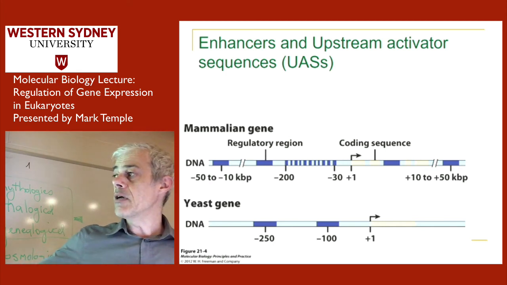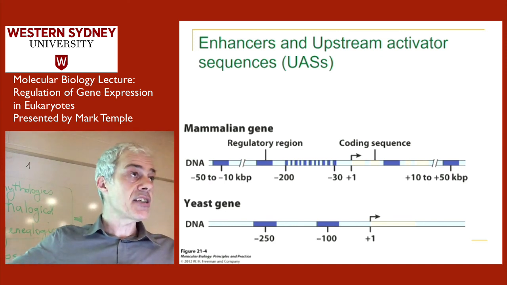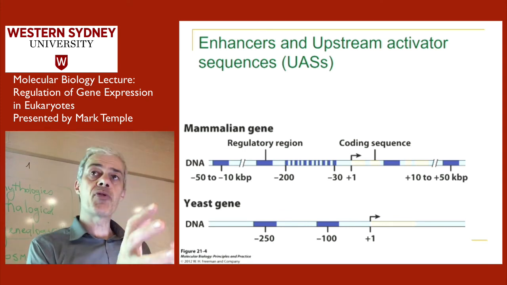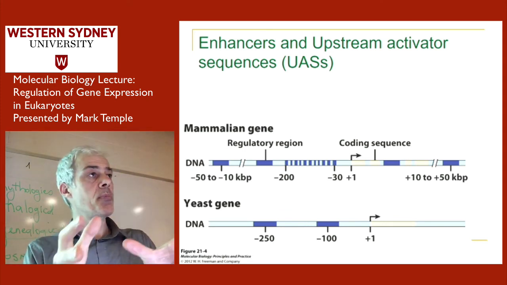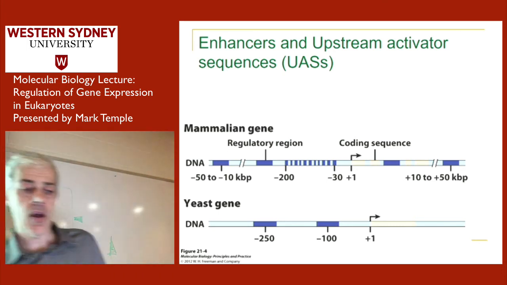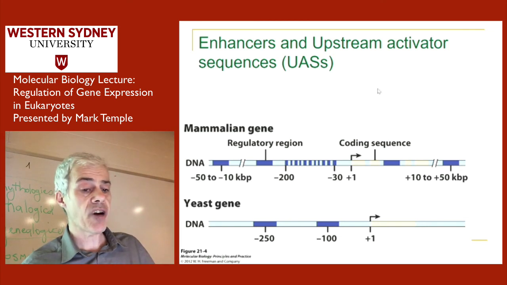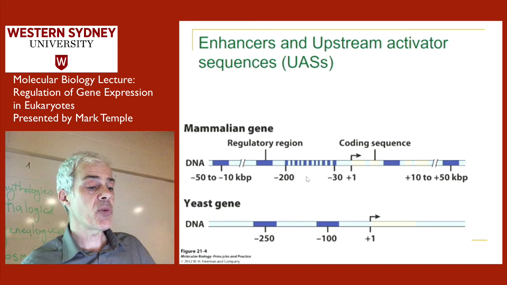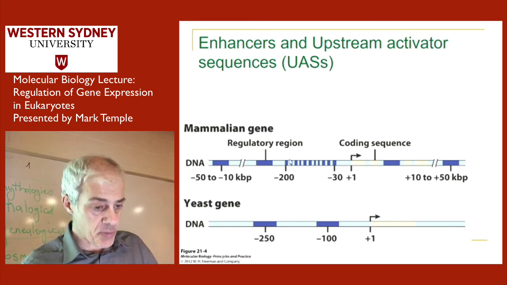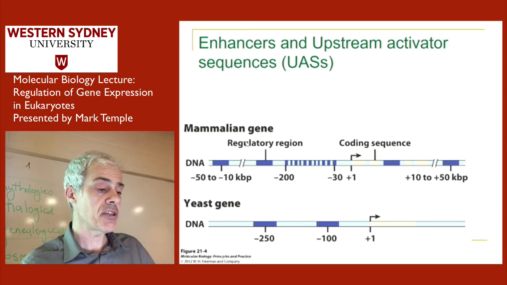If you're a mammalian molecular biologist as opposed to a yeast geneticist, working with human cells, then when you take your promoter and your gene and put it into a plasmid to study it, you're not going to capture the expression of that gene unless you include these distant regulatory elements. So it's a much more complex process to study the expression of a gene in eukaryotes, because you've got to include these distant regions.